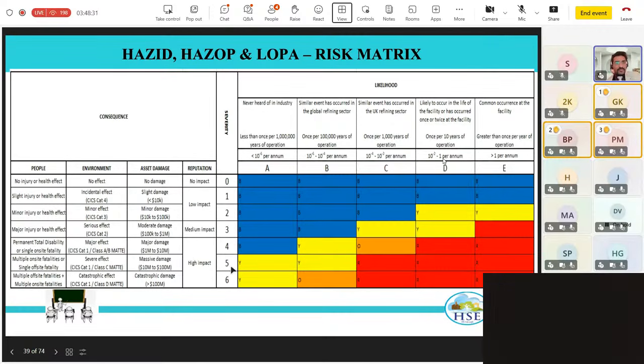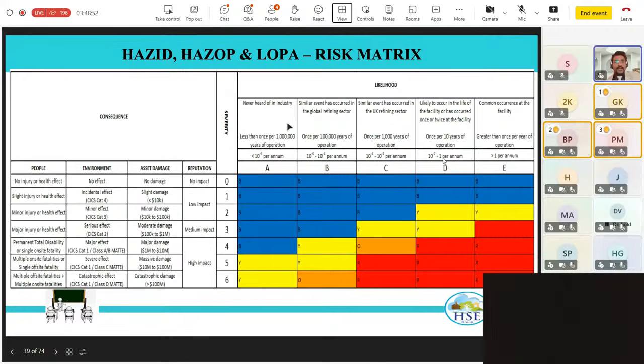So that is where you consider 5. And as I said, the community response, or there could be community impact. That is where you have multiple offsite fatalities, that is multiple fatalities to the people in the community or vicinity of the plant, and then multiple on-site fatalities. So that is where you say 6. So this is how you define the severity of an event,